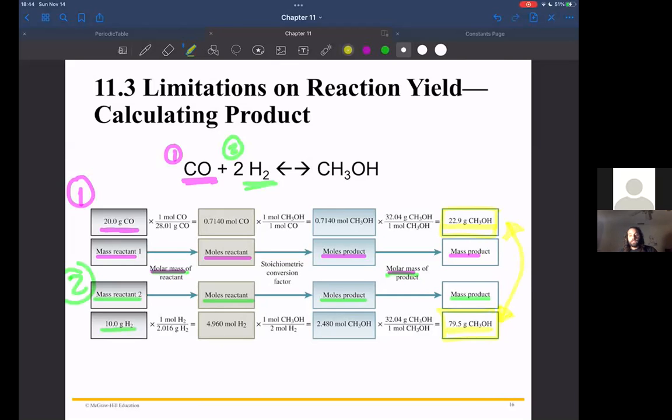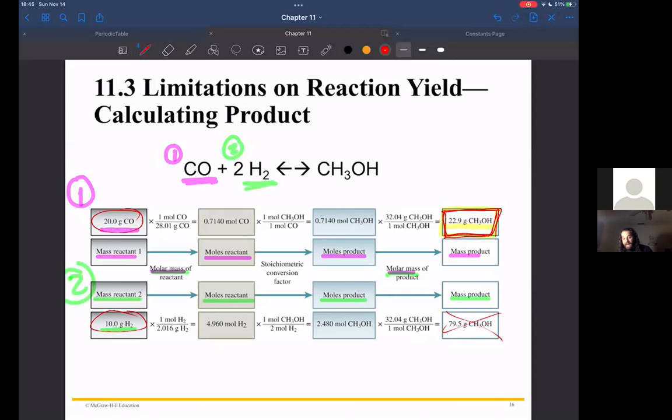And whichever one is smaller, whichever quantity is less, that's how much product is actually going to be produced. Okay, so in this particular instance, it's not going to be the 79.5. I'm actually going to produce 22.9 grams of methanol. If I mix 20 grams of carbon monoxide and 10 grams of hydrogen gas, I will get 22.9 grams of